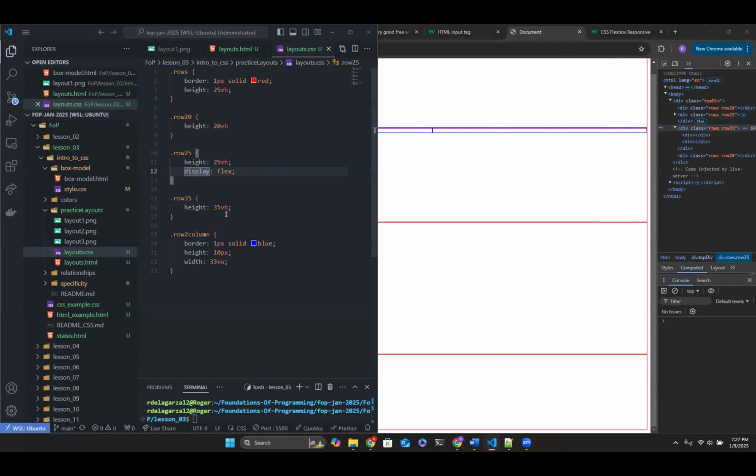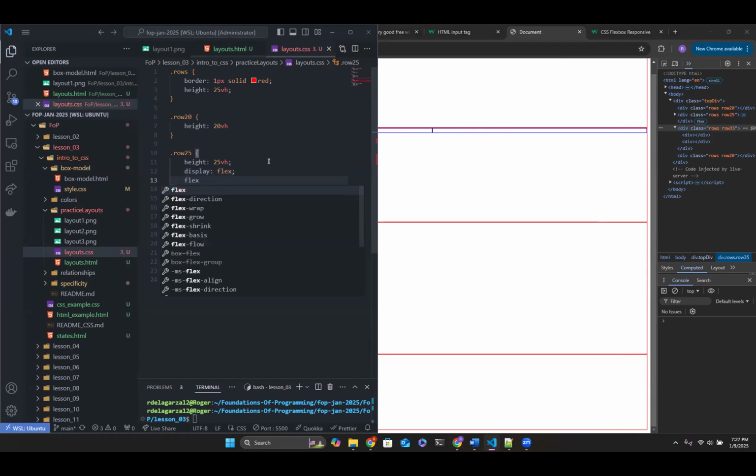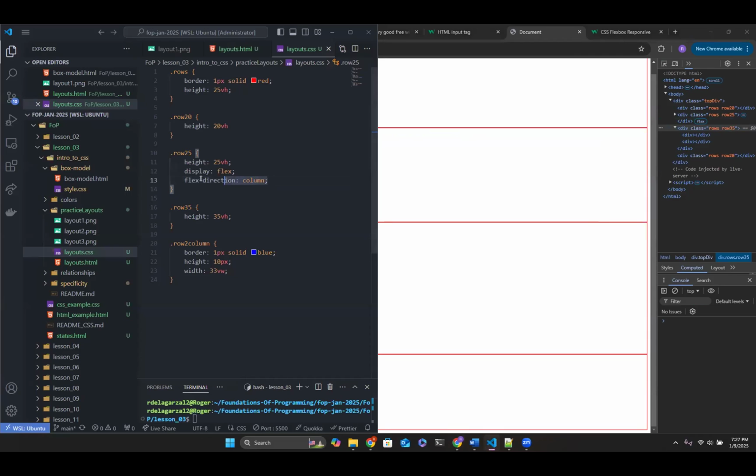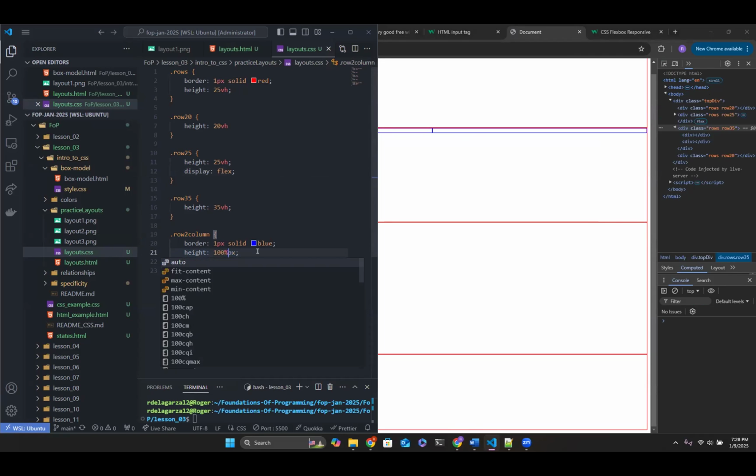But let's continue with that. We have display flex, but automatically it already did it for me, but I'm able to mess with the direction and say column instead. Instead of doing it in a row, you'll see they'll bring it back down this way, right? But by default, it goes into a row. Now let's go back to the individual column and let's give it a height of 100%.